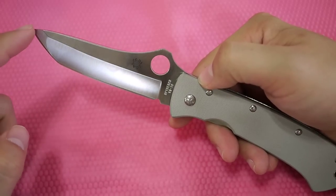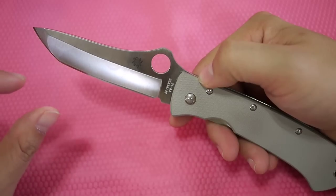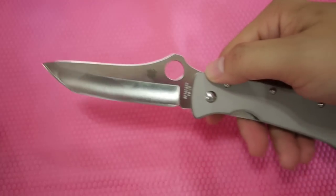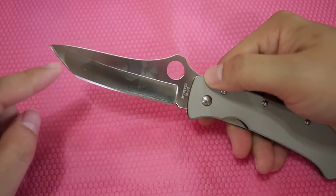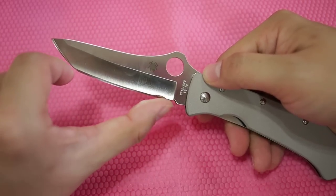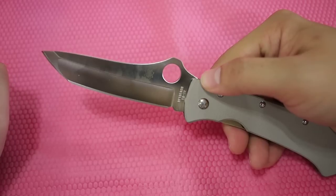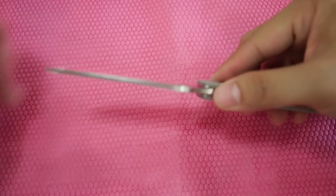It has two tips, but the tip is not really sharp, so you can use it just as any other drop point folder. It is sharp. It is very sharp, this part. It is also very sharp, this part. Okay, and the tip here,